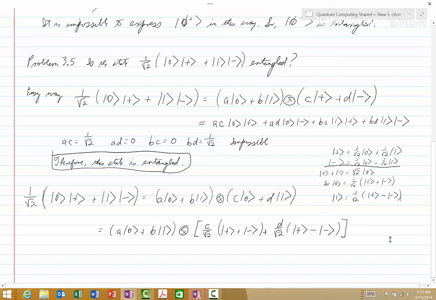Okay. So now that we've gotten that clear, we see that when we expand this, we would get AC over the square root of 2, 0 plus AC over the square root of 2, 0 minus, plus AD over the square root of 2, 0 plus minus AD